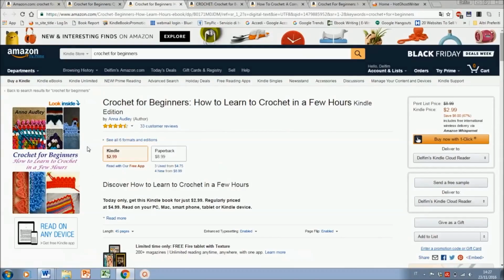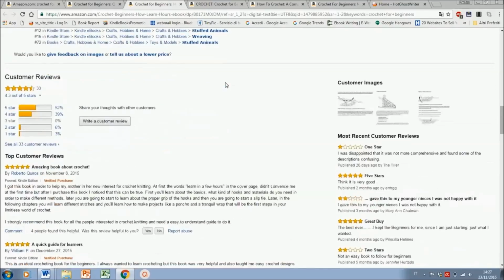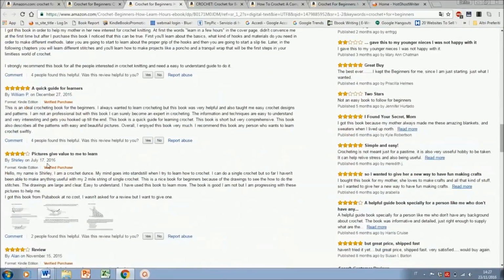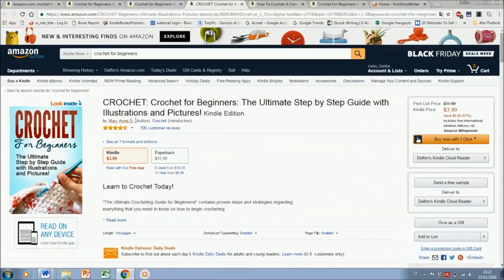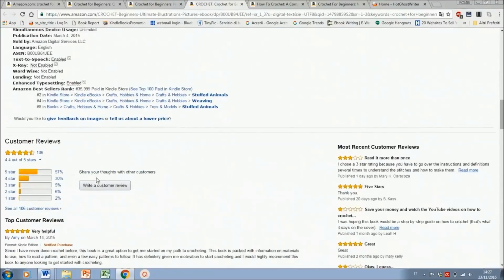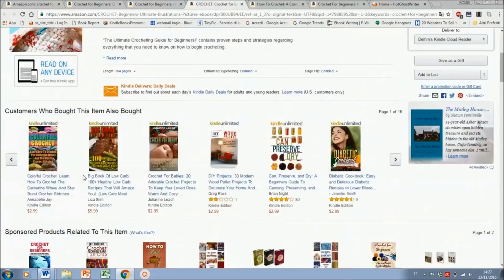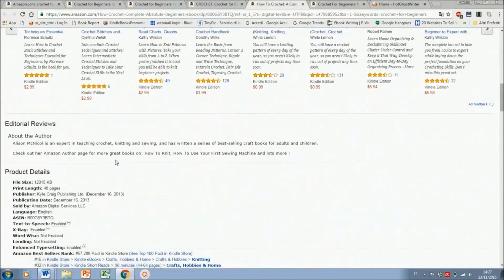Second book, $2.99, has a paperback for $8.99, published in October 15, but the rank is 171, so that's quite a big difference. See if we can see the reason, if there's anything that stands out for us. It's got some good reviews, also has some negative reviews here. That could be pushing some customers away, some sales away. So we'll move on to the third book, $3.99. This book here has a ranking of 35,000, so that's very, very good. That's another green light for us. So we've got 2 out of 3. This one, $2.99,